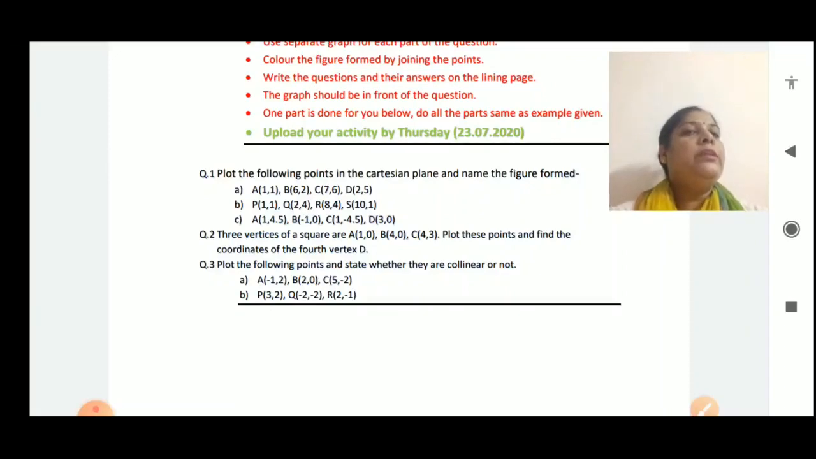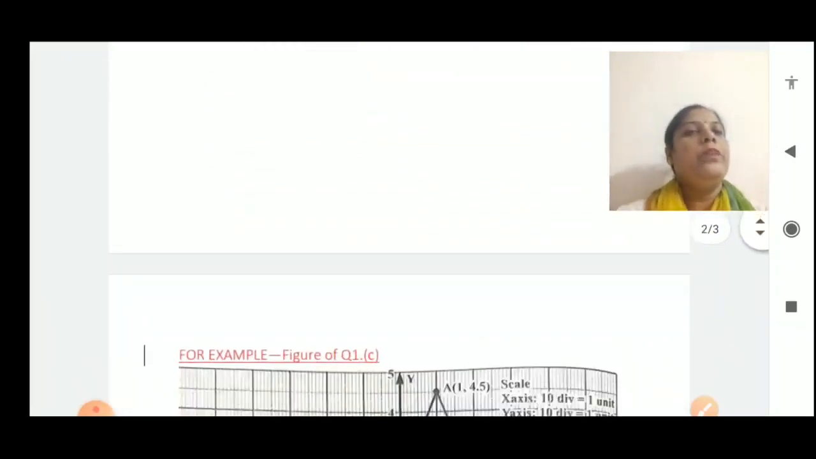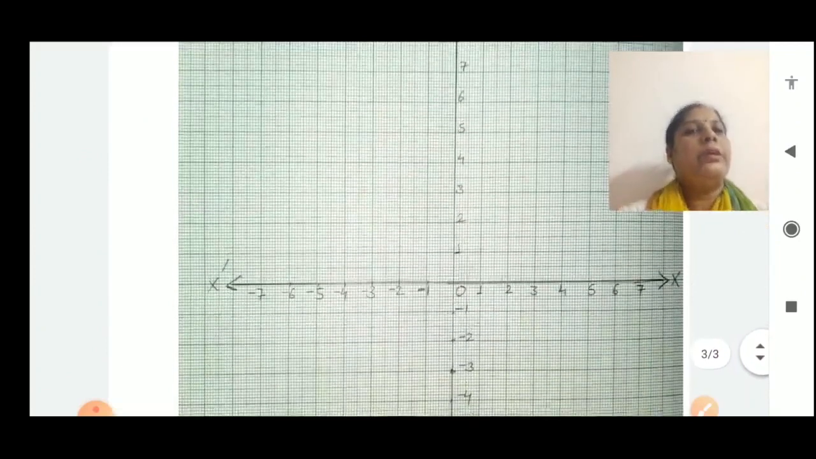Collinear means the given points lie on the same line or not. If 3 or more points lie on the same line, then they are collinear. And if they do not lie on the same line, then they are non-collinear. So I am showing you part number A. Part number B you will do yourself. Now part number A, I am showing you here